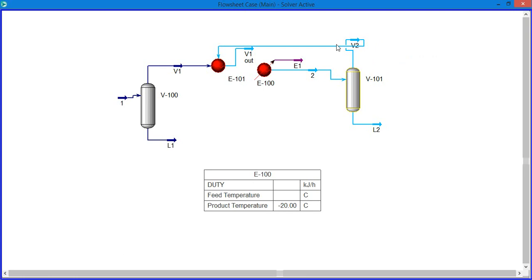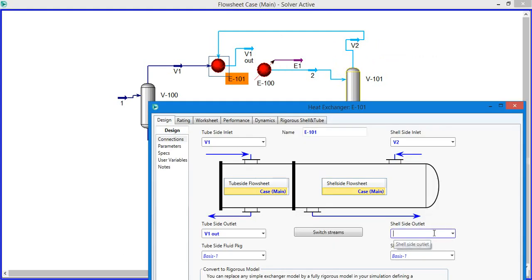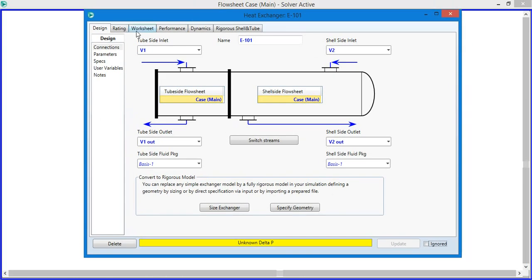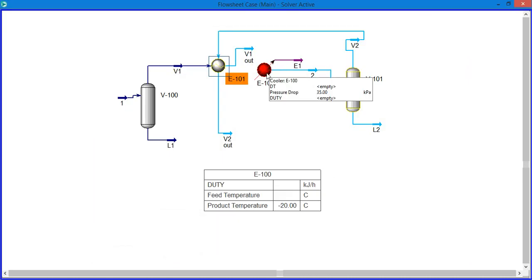This stream here, and the shell side outlet will be V2 out. Okay, so this is our final product, stream V2, and we are going to be saying unknown delta P. We will take care of it later,